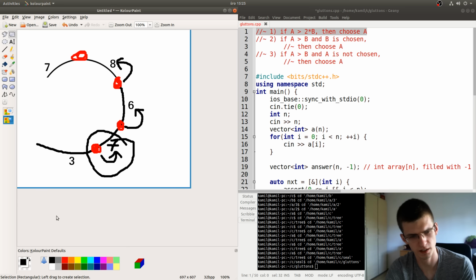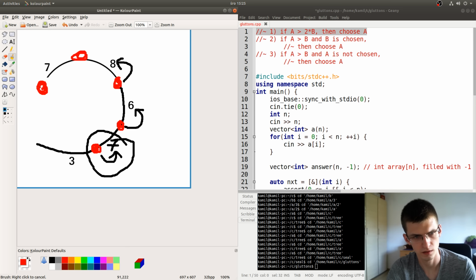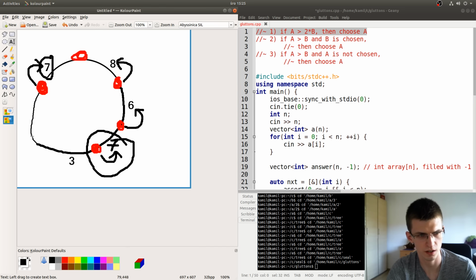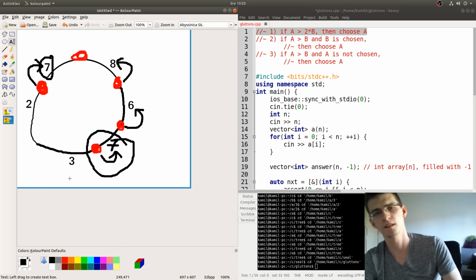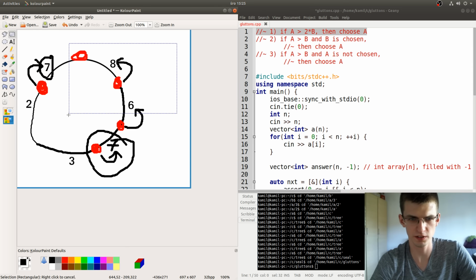So let's say that here there is a guy who we are sure takes this 7. So this 7 is taken in half. It's of course possible when here there is a small value, like a 2. Then let's think what to do with this whole segment.